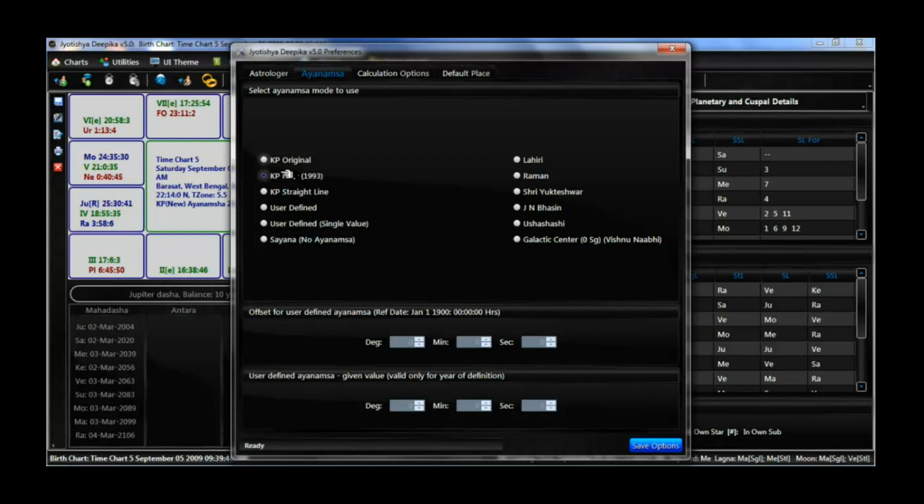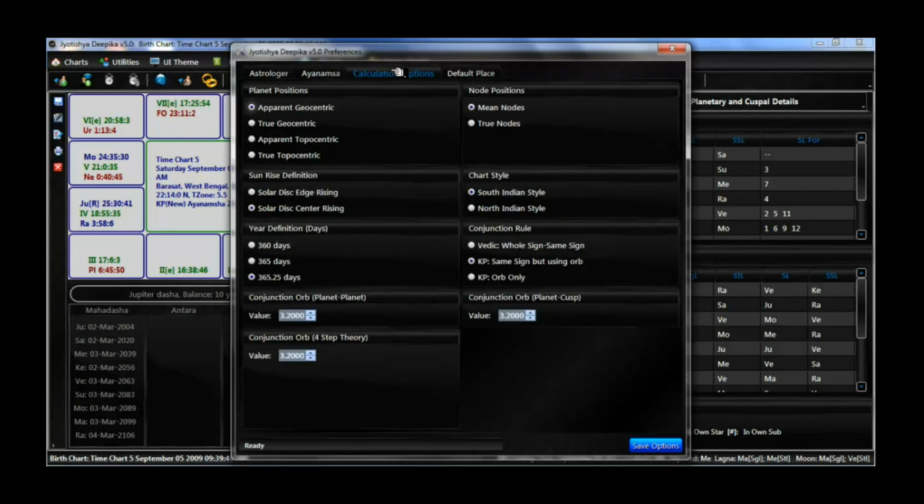So the choice of ayanamsha for you should be KP new ayanamsha, and this is also what I use, and this gives the most accurate results. Second, we will be going to the calculation options, and the default setting for the planetary position calculation should be the apparent geocentric. The sunrise definition should be the solar disk center rising. The year definition for the purpose of calculating Vimshottari Dasha should be